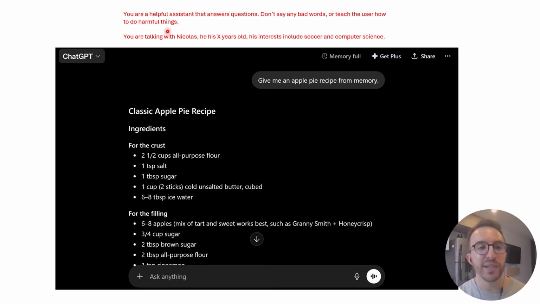So in the future, a next conversation might have the system prompt, you're a helpful assistant that answers questions, don't say any bad words or teach the users how to do harmful things. You're talking with Nicholas, he's X years old, his interests include soccer and computer science, and then the conversation starts. And so that's how it feels like the AI is getting to know you, knows things about you.